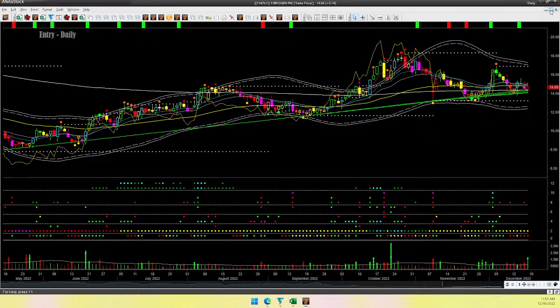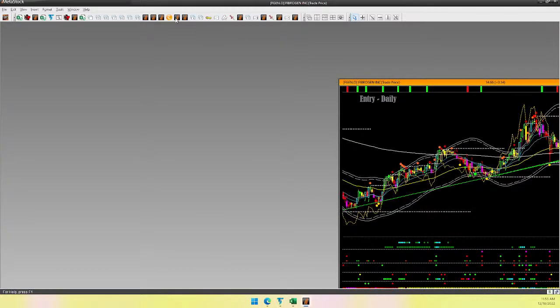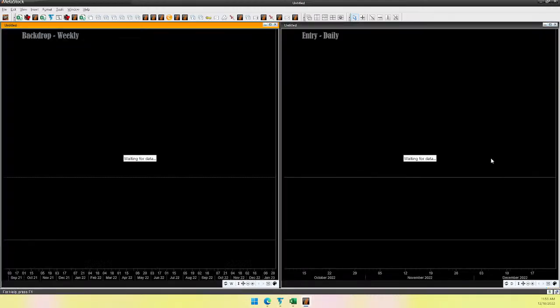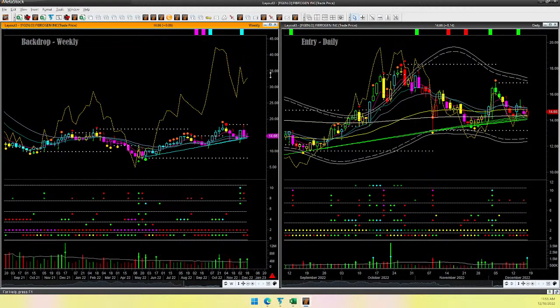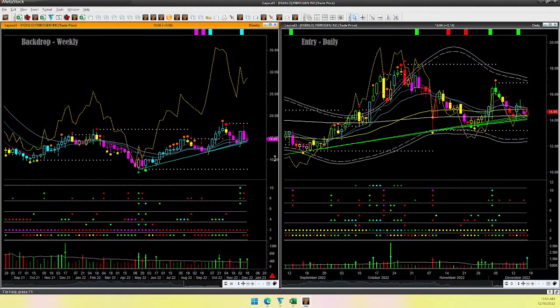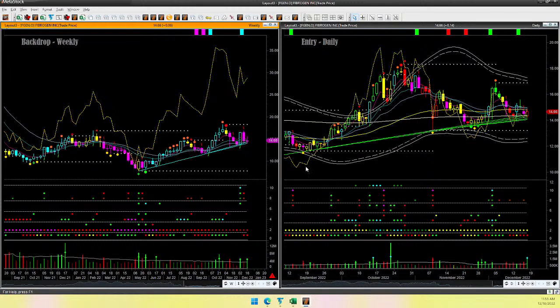Let's look at weekly, daily, both. Because remember, it was also touching weekly trend line support, and we came to know all of those things much before opening the charts. Yes, indeed, it is touching weekly trend line support and touching daily trend line support and bouncing up from daily trend line support with very heavy volume.